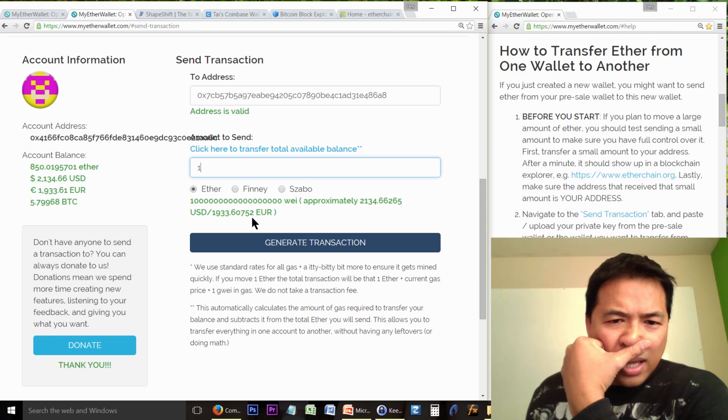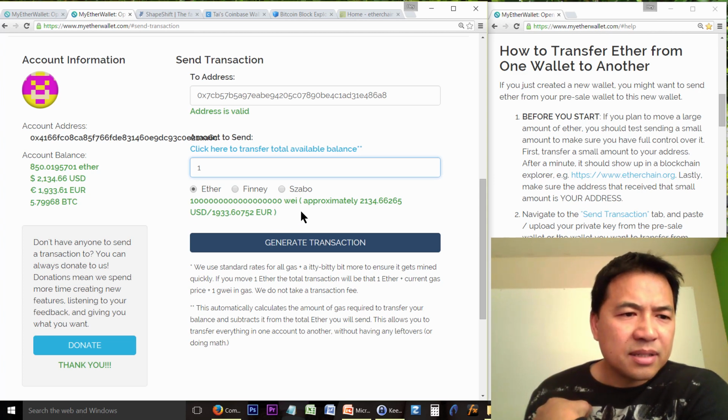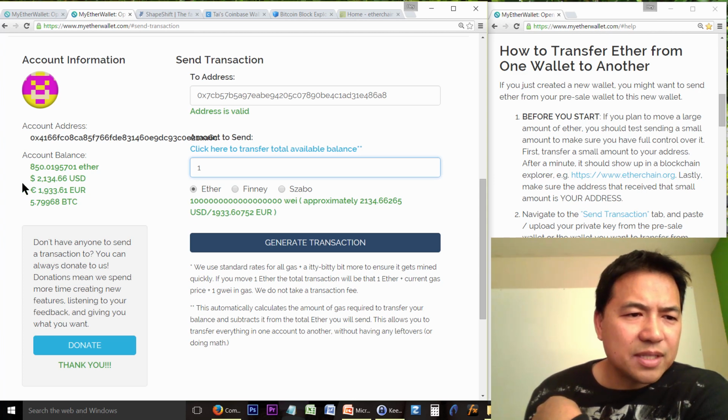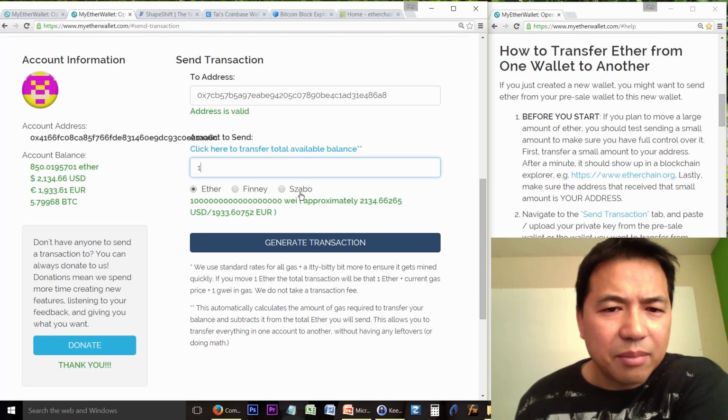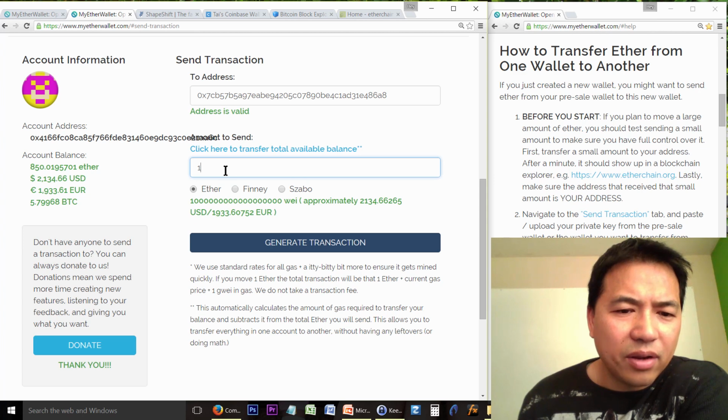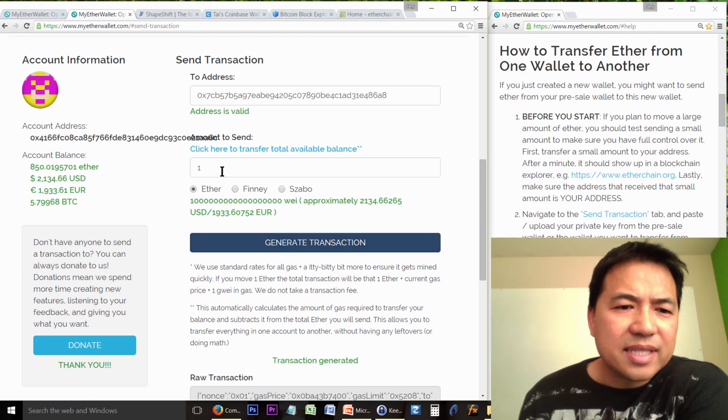Now I do not know what that means. The only thing that I see is that the 2134 happens to match up with this number of US dollars here, and the euro is matched up to here. So I'm not exactly sure what that means. But I put in 1 ether here, and when I hit generate transaction, it sends 1 ether